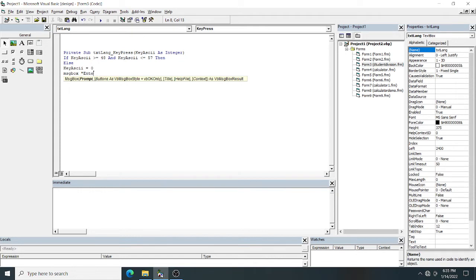Then I end the if part. So any character you press except a digit, the control will go to the else part, your ASCII value is assigned to 0, and the message comes: enter digit only.